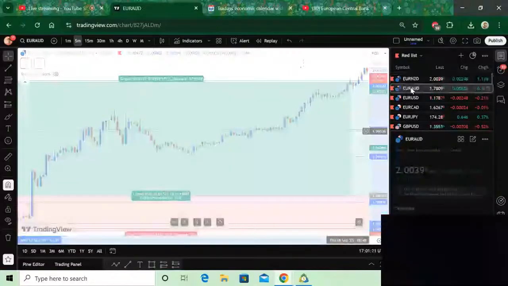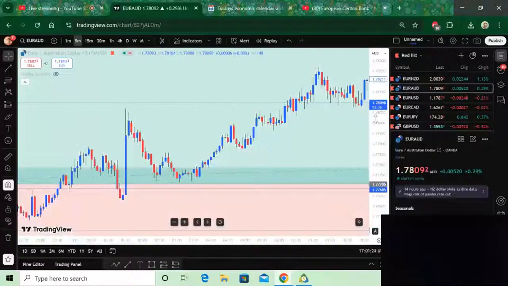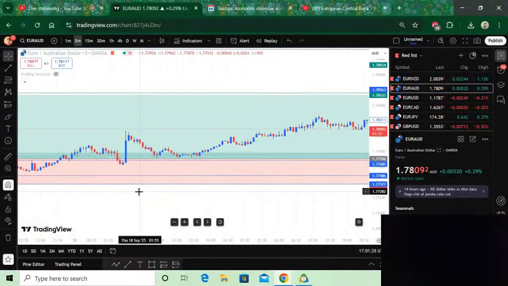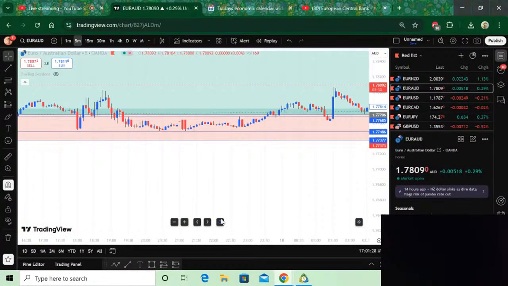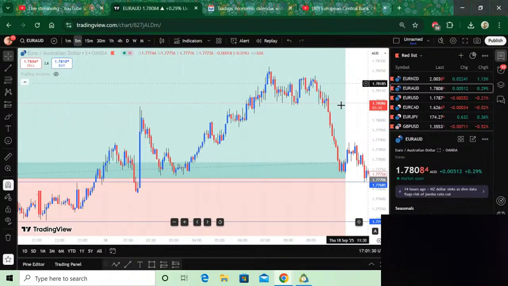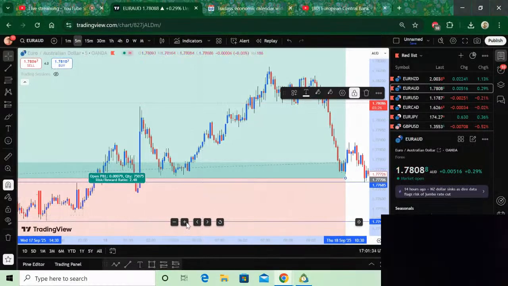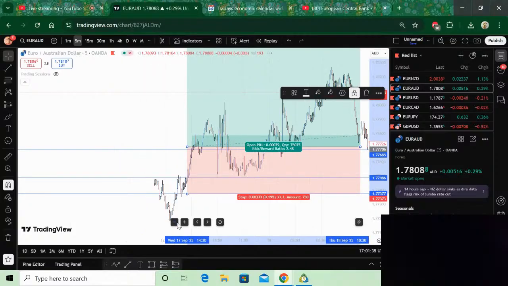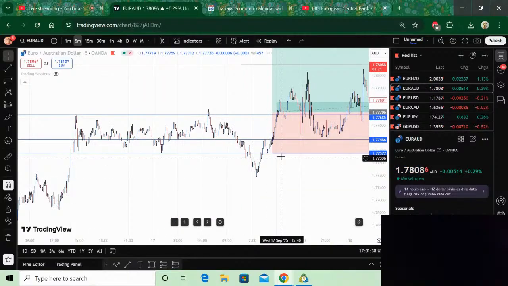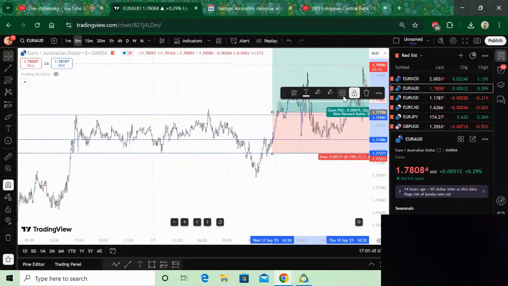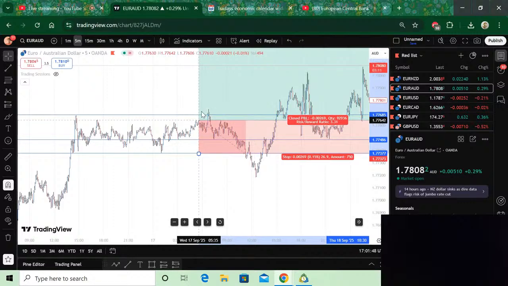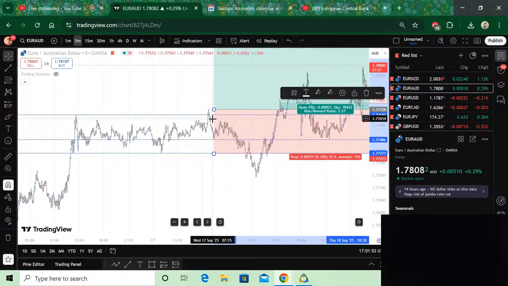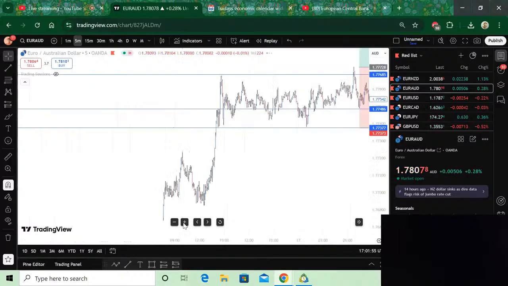There are two trades that we analyzed yesterday, both Euro NZD and Euro AUD. So now for Euro AUD, let me confirm. For Euro AUD, okay, this is what I wanted to point out. This was what we were looking forward to here. What we were expecting from here, right? Let me zoom in so you can see it properly.